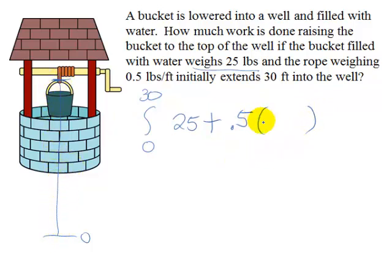Now as we look at this, if we start at 30 and we let x be the distance, it's vertical, but we'll just call it x here, so this will be starting down here at 0, the distance that this travels, and so 30 minus x would tell us how much rope we have. Down here at the bottom we've got 30 feet, up at the top 30 minus 30 we have 0. So there, this would give us our force due to the weight of the rope, and then we have our